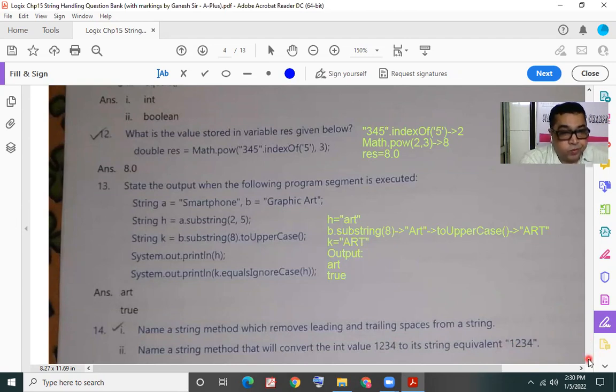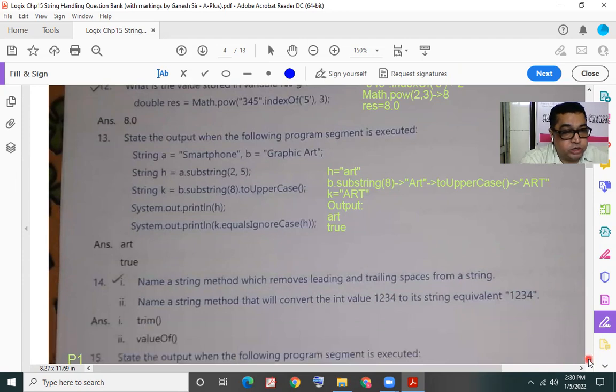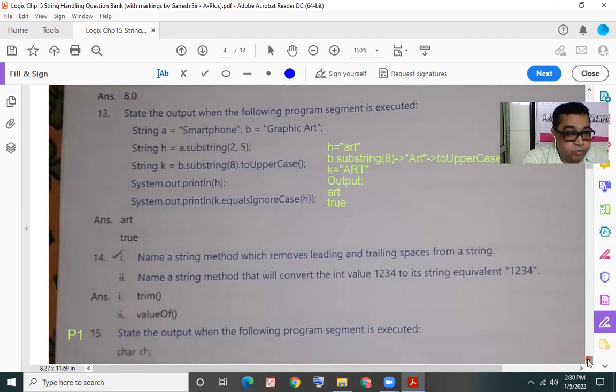The method is valueOf, we have to just name that method, we don't have to write it. I repeat, we don't have to put the value in brackets and then write the print statement to print the result. We just have to name the method.